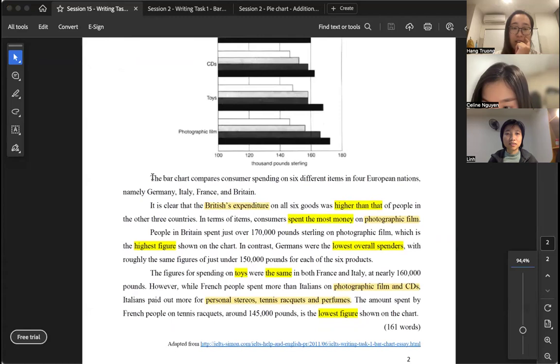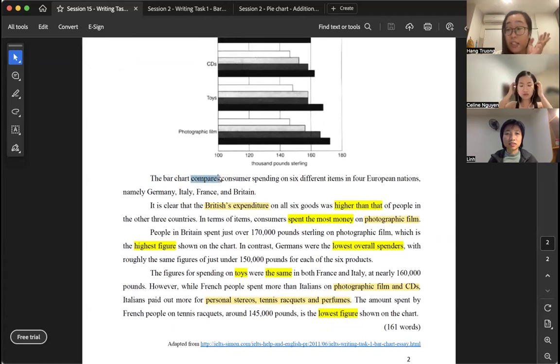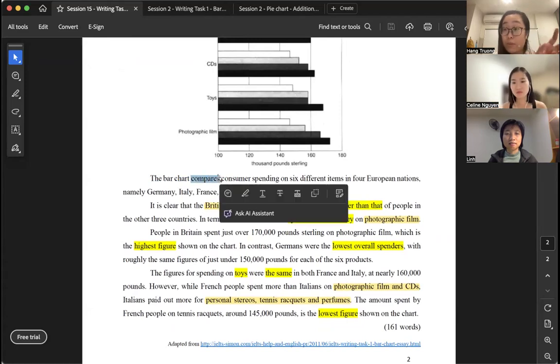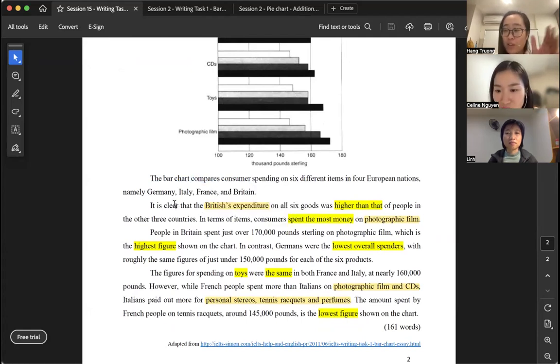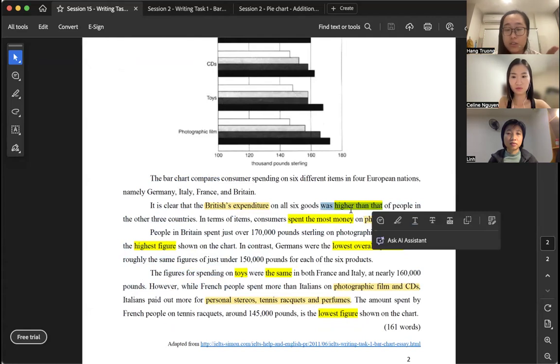Okay, look at the introduction. The bar chart compares consumer spending, right? So here the word compares, you can see it's put in the present simple tense, right? Present simple. Bởi vì nói chung là cái introduction thì sẽ luôn luôn là dùng với hiện tại đơn, right? Nhưng mà với những cái làm sao nhỉ? Những cái số liệu, những cái key trend, when they report, always you can see that it is used in,